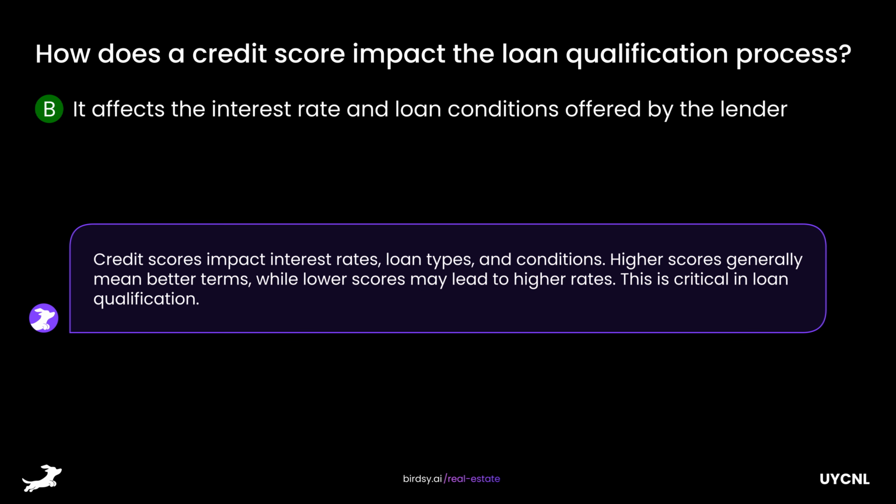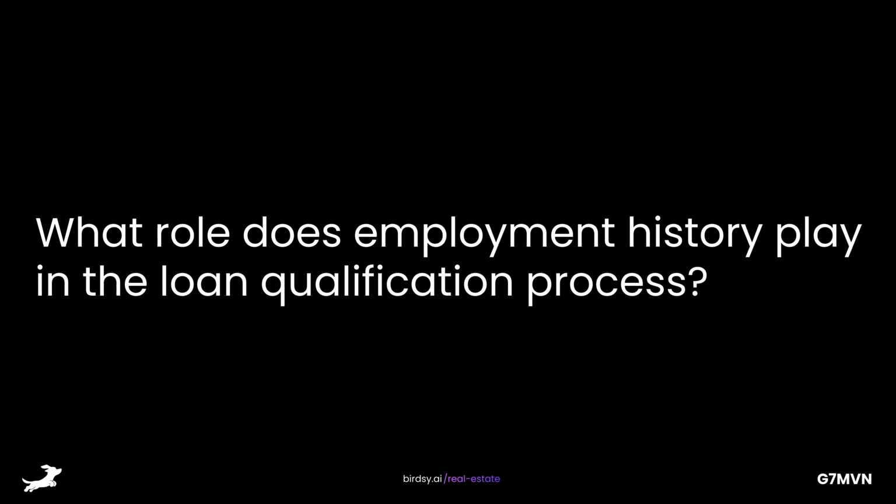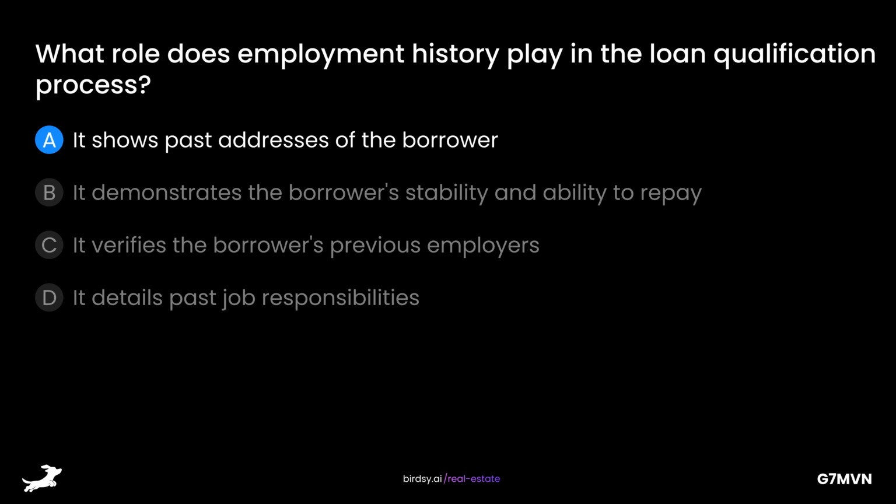Credit scores impact interest rates, loan types, and conditions. Higher scores generally mean better terms, while lower scores may lead to higher rates. This is critical in loan qualification. What role does employment history play in the loan qualification process? Is it A, it shows past addresses of the borrower,